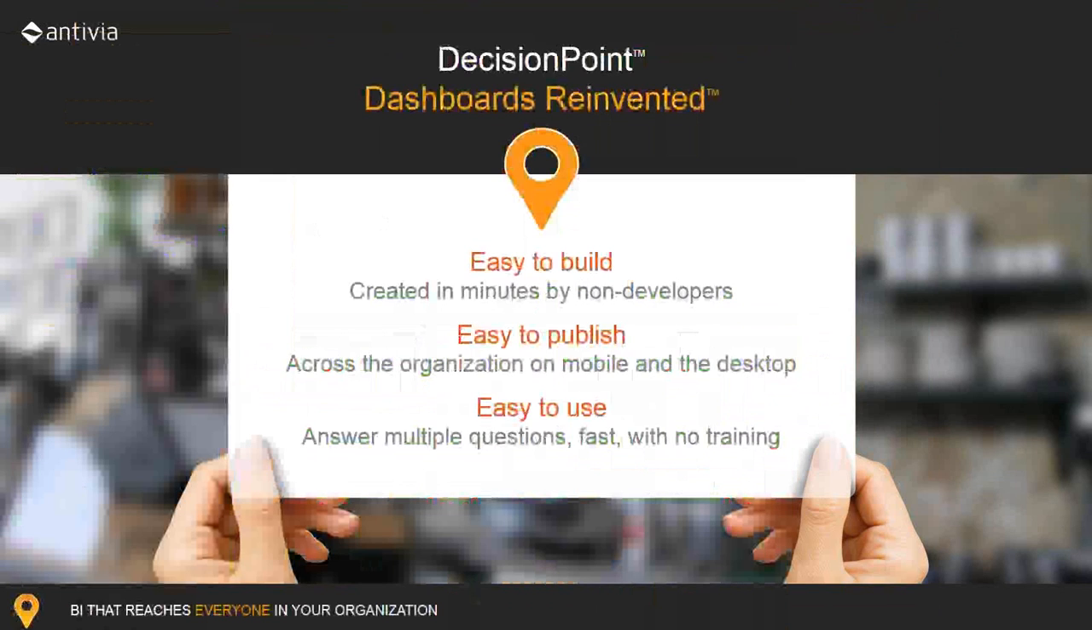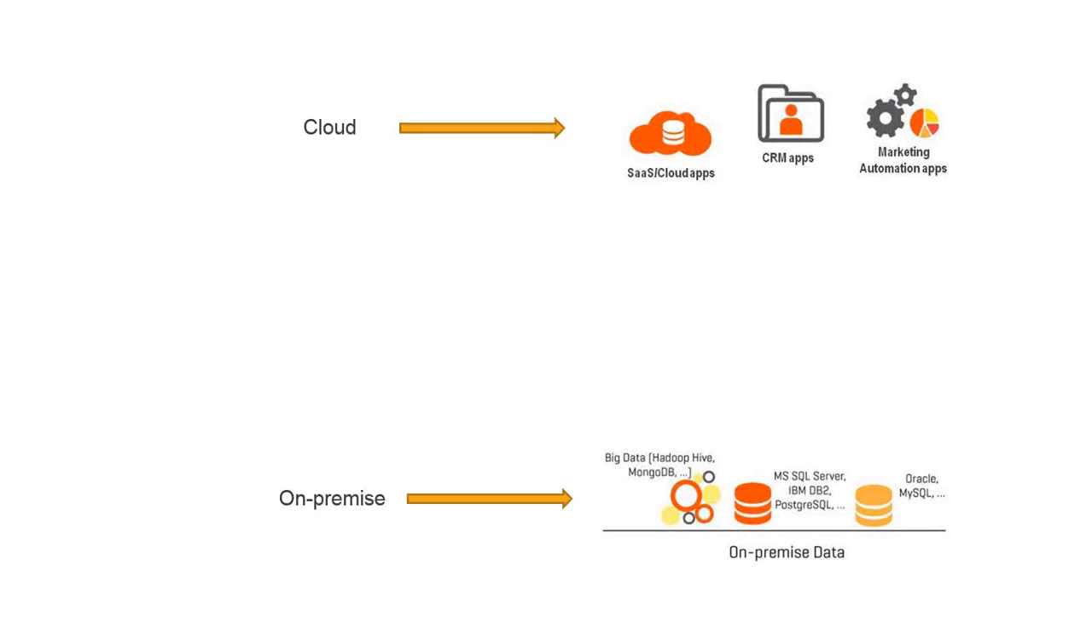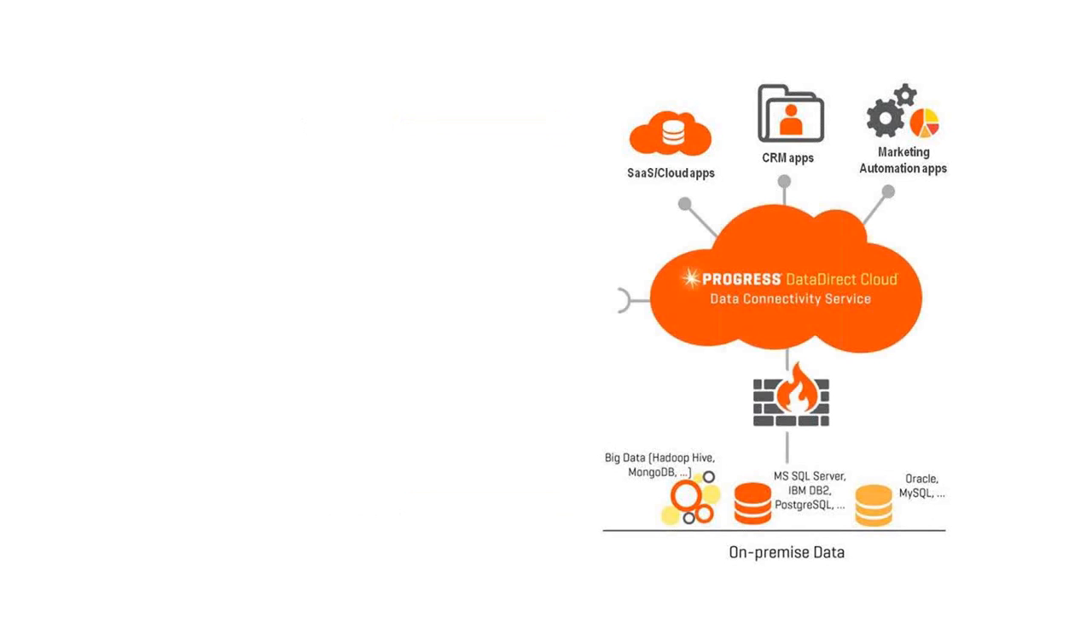But the interesting thing is that that's okay if data is coming from inside your organization. You can connect to a database. You can just do all this sort of thing. What happens if you also want to add some cloud data to your on-premise data? Well, one of the things we're going to look at today is how Decision Point, from our product Decision Point, works with the Progress DataDirect Cloud in order to bring both on-premise and